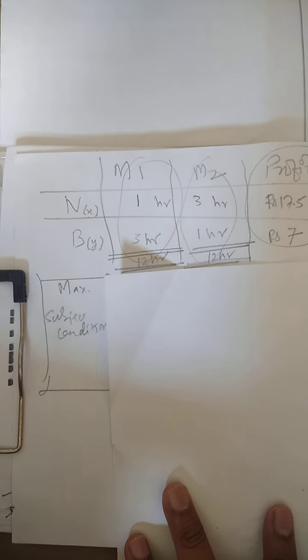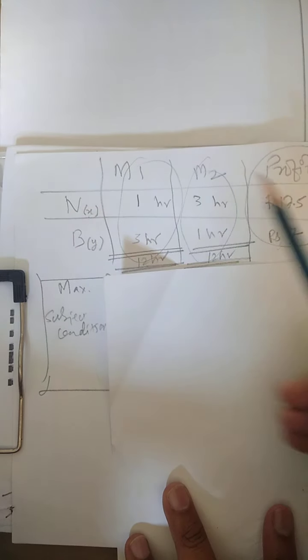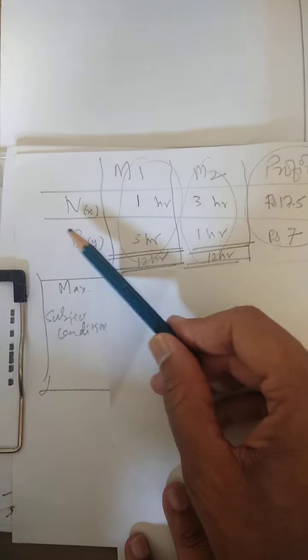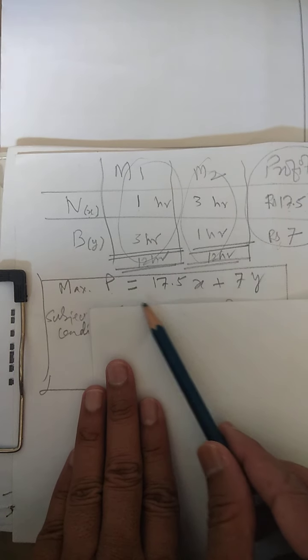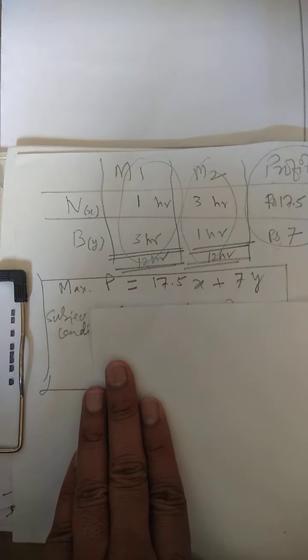Okay. Now, once this table is ready, you are supposed to convert the question into an LPP form, and you know in the previous class also you have learned how to solve the word problem. Moving ahead, this is the profit which they are generating by selling one nuts and bolts package. Now, if we are planning X number, so the profit will be 17.5X plus 7Y. This is nothing but your objective function. Look here, maximization of P is 17.5X plus 7Y. In all the previous questions it was Z, here I am writing P, so profit is there.